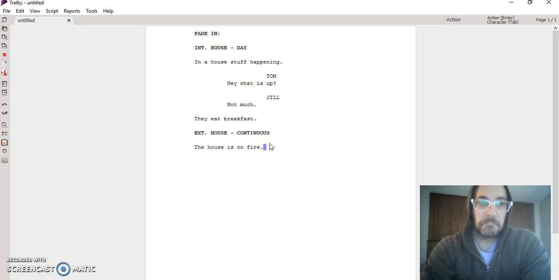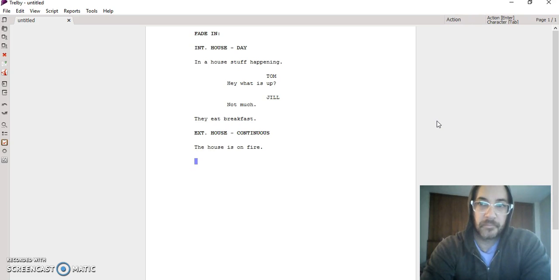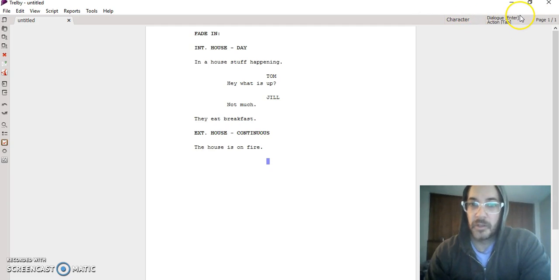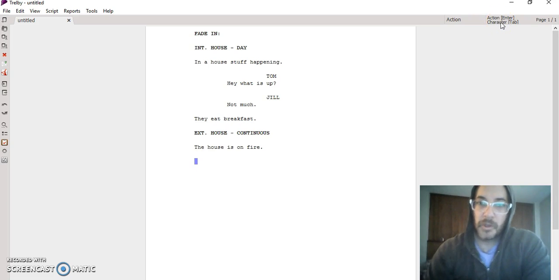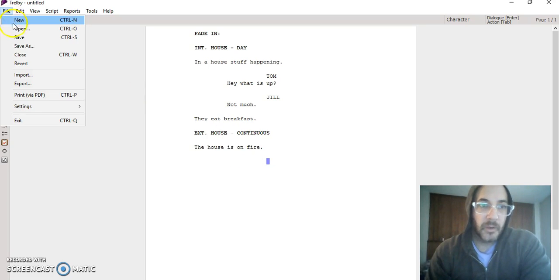It's a very simple program, not a lot of messing around. But here I'll show you why this is my favorite. Look at that! I just got into a parenthetical. How did I do that? See, if you look up here, you can see how it changes depending on how you hit tab. You hit tab in action, then it gives you the option: enter for action, or tab for character. Then you change tab, and it goes to character options. So that's cool. But over here, if you go to import,